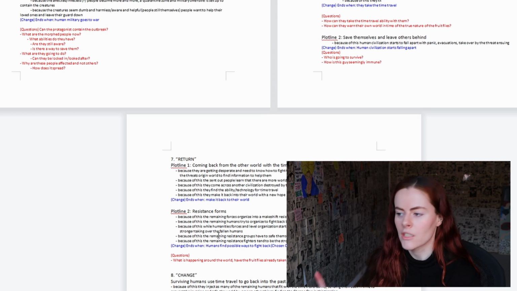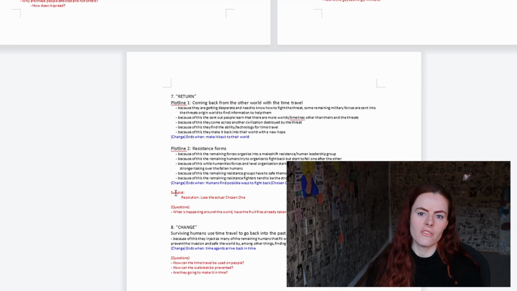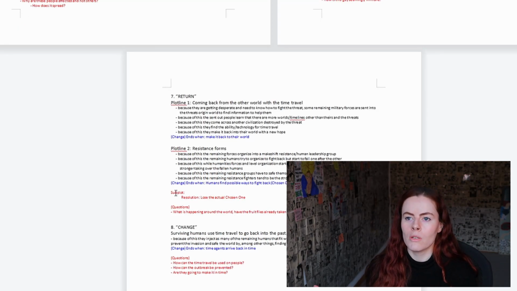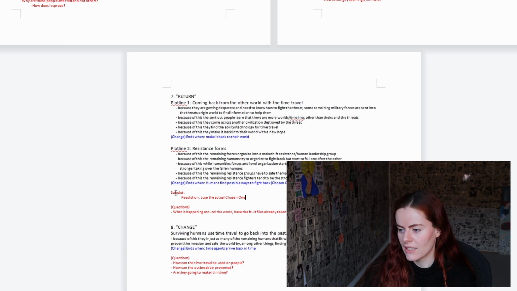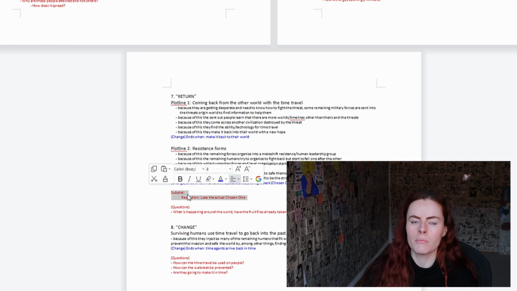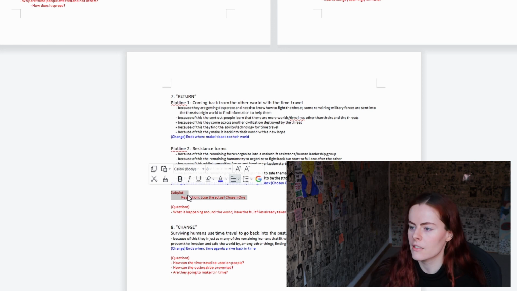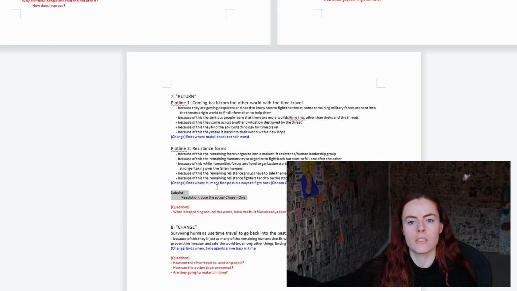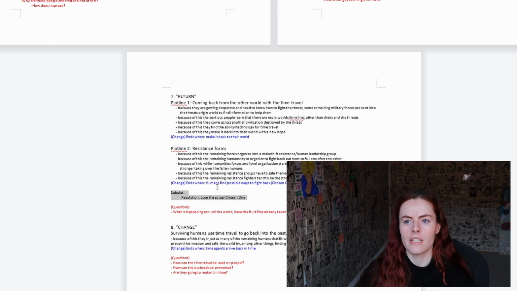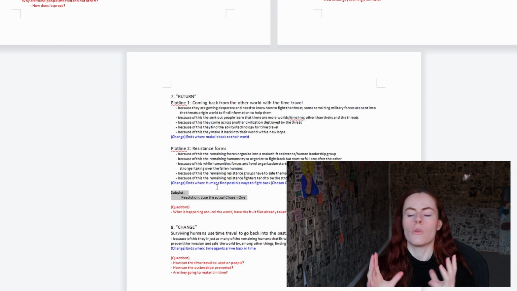So I'm working backwards here to create the subplot. That could be interesting because this chosen one is immune to whatever is affecting people, but obviously not immune to being killed by normal stuff. So they had this whole plot line of trying to get this person to safety, and then at the last moment they failed. And then everything seems lost until they make it back to the other people who have the time travel, and then they can combine their experiences into a new hope.